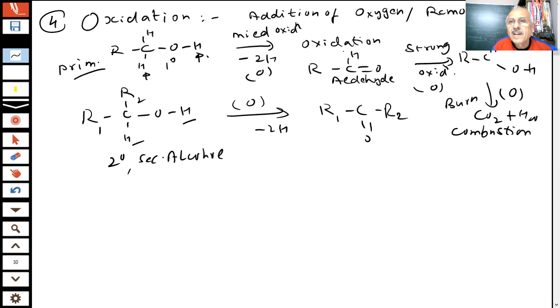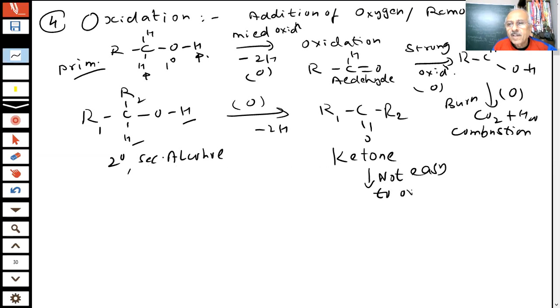This group is aldehyde. This group is ketone. We know the difference. We have been telling you again and again. Keep revising, student. This is aldehyde. This is ketone. 2 degree alcohols are going to give you ketone, and it is not easy